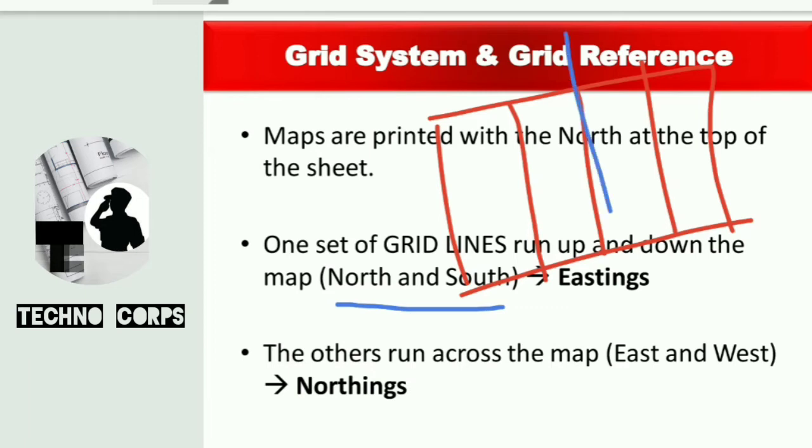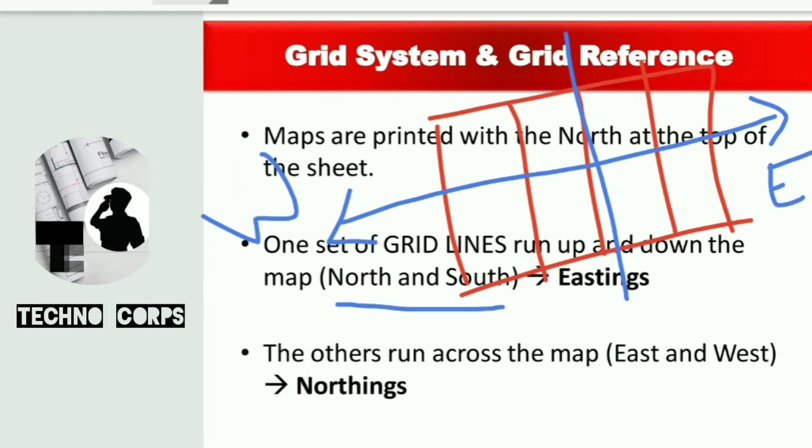If we indicate in terms of directions, we know that this is the east direction and this is the west direction. So by referring to the vertical lines, suppose these are the three vertical lines, 1, 2, 3 on the map, I can say which line is more toward the east or further away from the east. In this manner, with the help of the vertical lines, we can indicate which line is more toward the east or farther from the east. That's why these vertical lines are known as the easting lines.